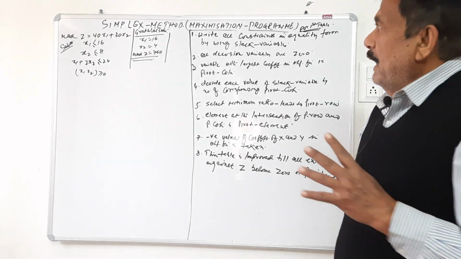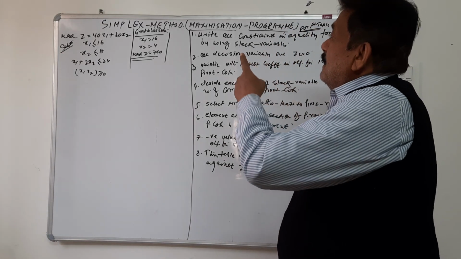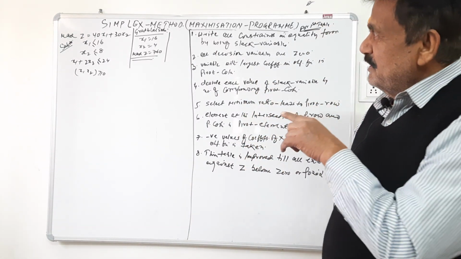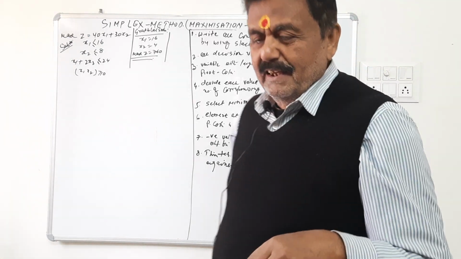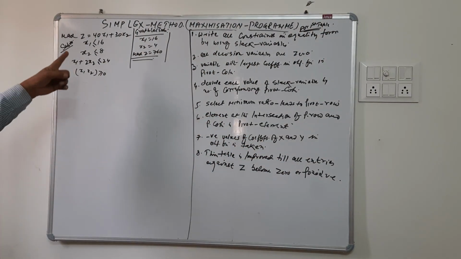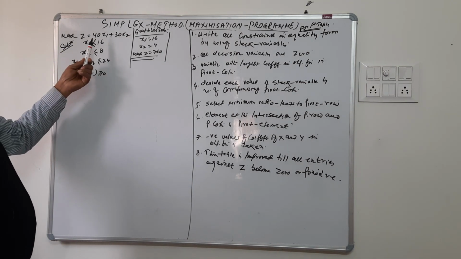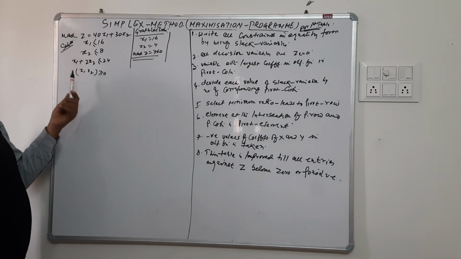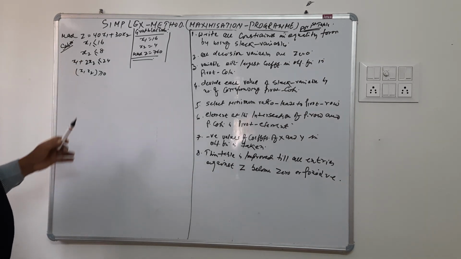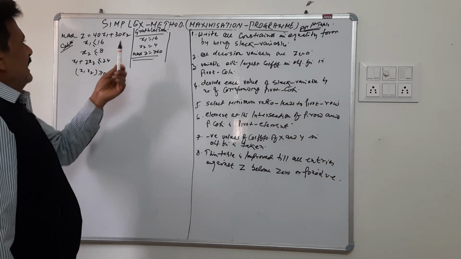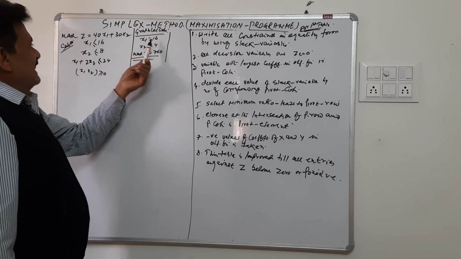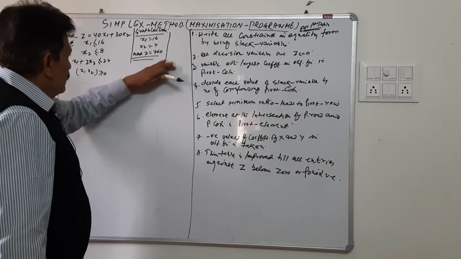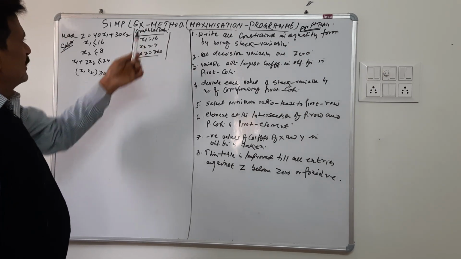Today I am just starting the simplex technique, and I have taken an example which I had solved by the graphical method, and the same sum will be solved today. So this was the sum in the previous class. Maximize z = 40x1 + 30x2 subject to these 3 constraints, x1, x2 positive. That was a standard LP sum, and we had the solution that z was maximum when x1 was 16, x2 was 4, and maximum z was 760. We must keep these answers, and we shall get the same answer through the simplex technique.